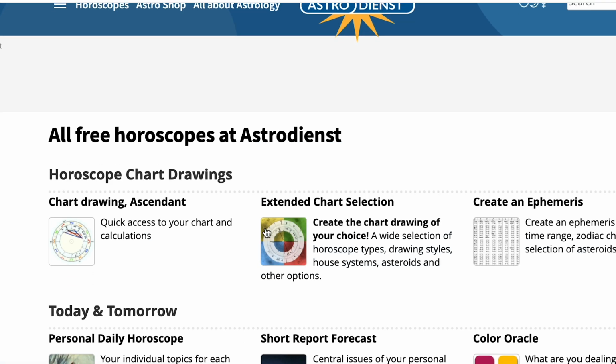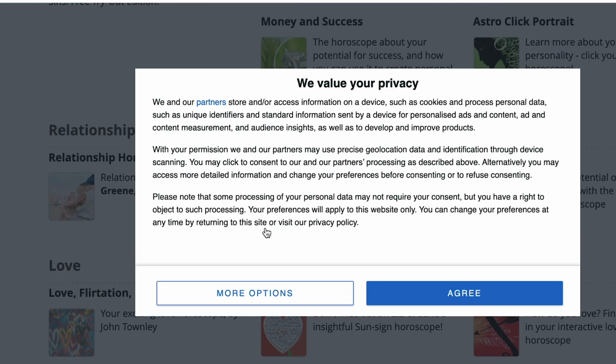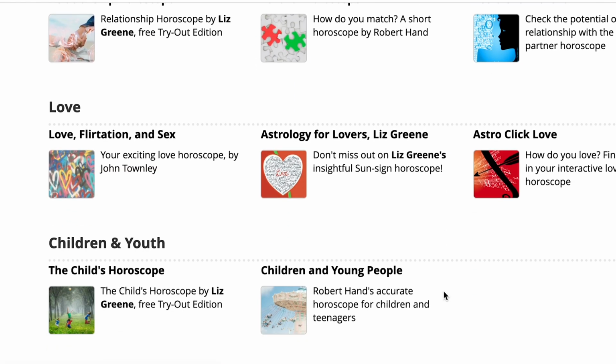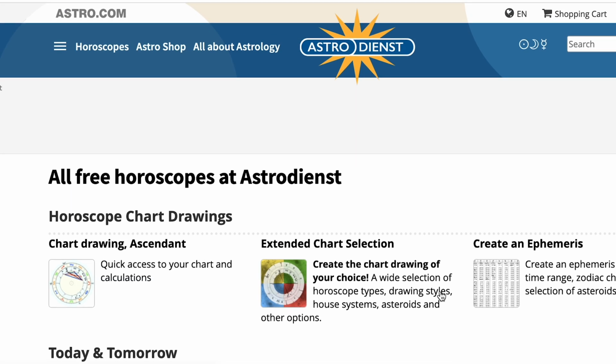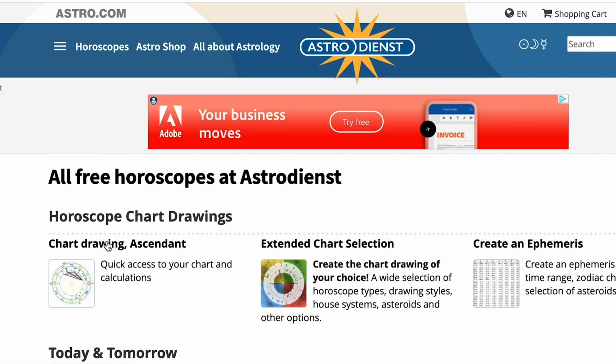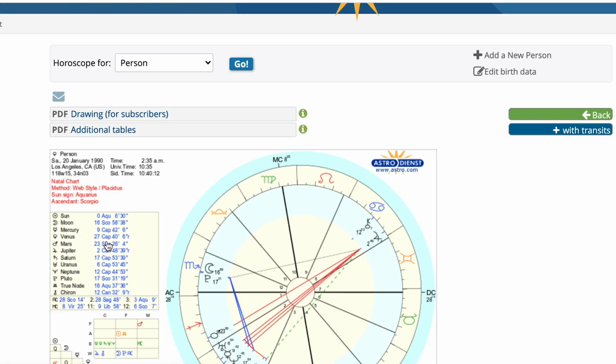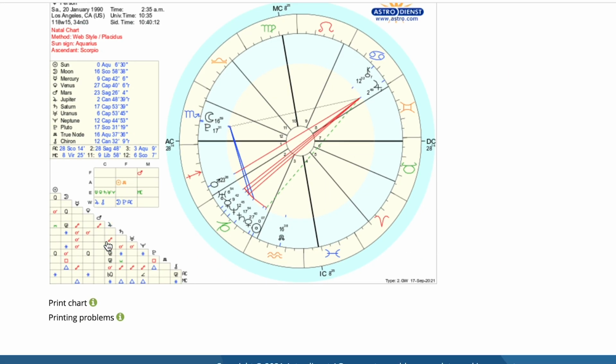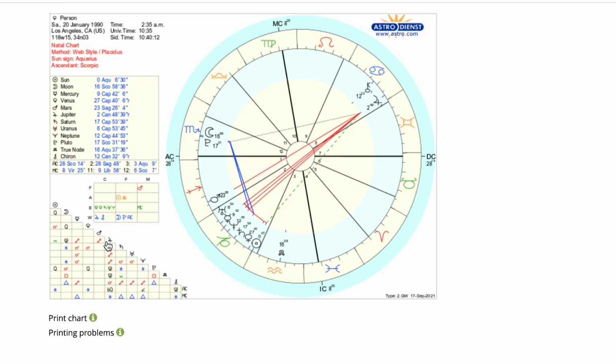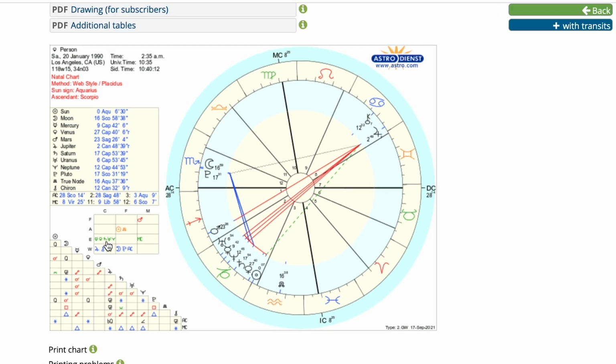Let's hit continue. Oh, this one wants to give us a report. Oh, here it is. Here's the chart. There we go. We have our chart. Let's see if I like this chart. Yeah, it's pretty good. It doesn't give degrees. Oh, it does. It lists the degree on the ascendant, 28 degrees. It lists the planets with degrees and some aspects. Those are the inner lines inside. Here are the planets, the houses.